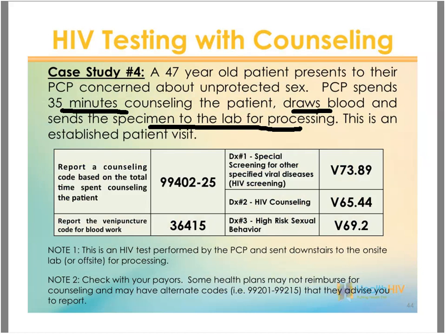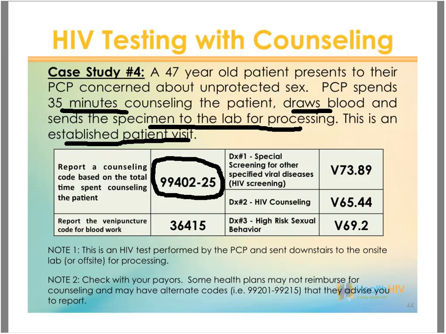Even though the case study says that this is an established patient, in this instance, because we used the counseling code, for right now it's not important, but if your local Medicare carrier or your local Medicaid carrier tells you not to use these, that's where the designation of established patient is very important. So for the purposes of this being a counseling service, and for a local Medicaid agency that tells you to utilize the counseling codes,